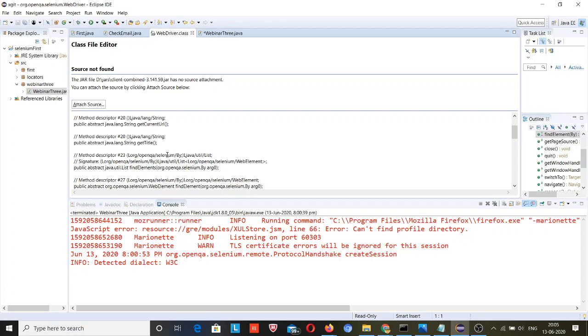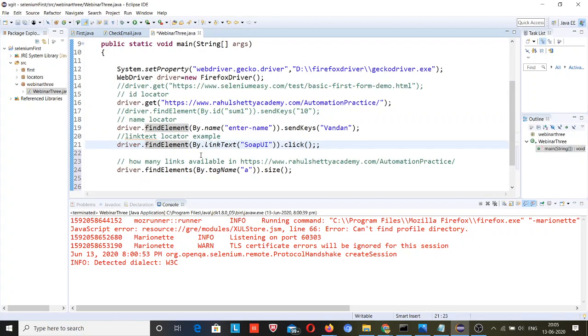I will press Control F and try to find size, because the javadoc is not present on my machine, so you can check on yours. So find element doesn't have a size method, but find elements has a size method. This size method will return the number of elements present in the web page with the tag name a. So I will store it in some integer value, count. Okay, now I will print this count.